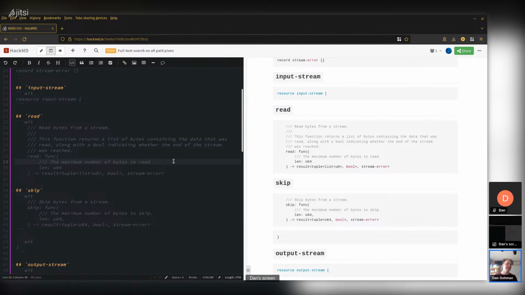In POSIX, when you call read, you pass it a length, which is a size_t, I think, or maybe it's an ssize_t. No, it's a size_t. So it's unsigned, but it's a size which corresponds to the size of the address space. And in POSIX, that makes sense because you can't read more than would fit in your process address space, because you have to pass it a buffer which lives in your address space.